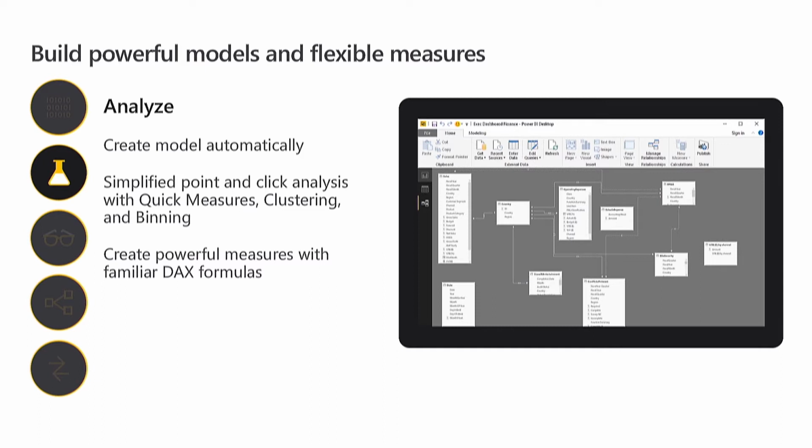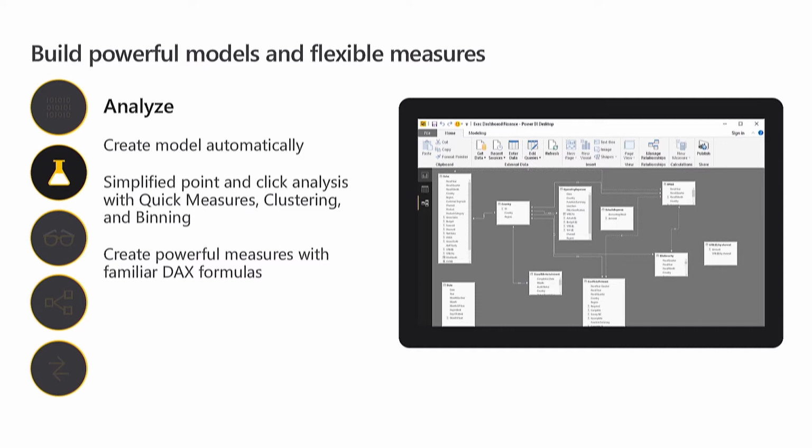There's lots of ways that you can create measures and additional analysis on top of it. One of the great things that it's got in there is the ability to create quick measures. Those of you that have created measures, this is basically creating a calculation, so it's the sum of a column, or maybe a conditional sum. But the ability of a quick measure is not needing to necessarily learn that DAX